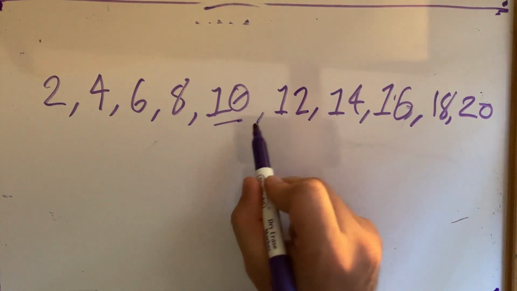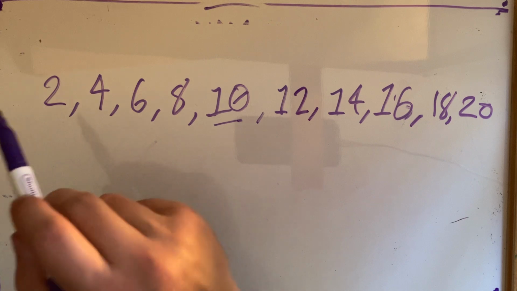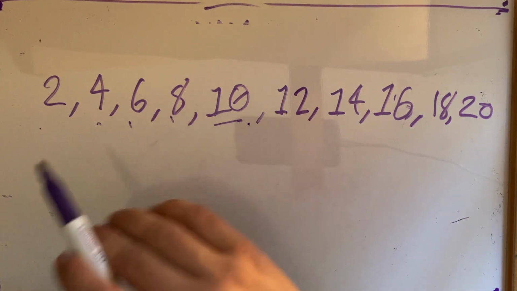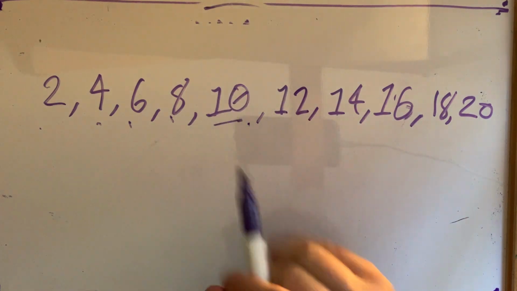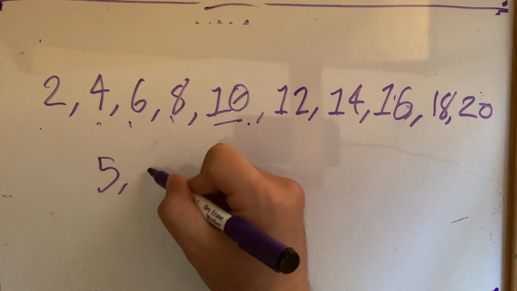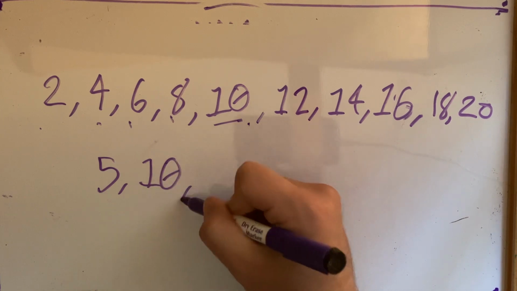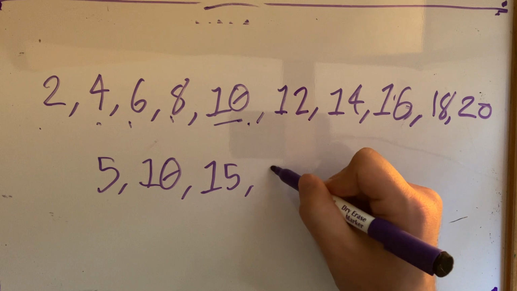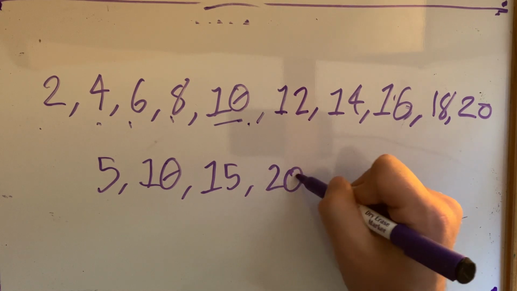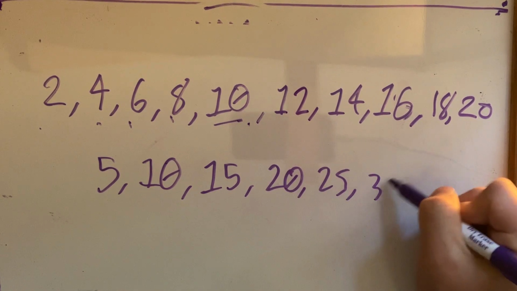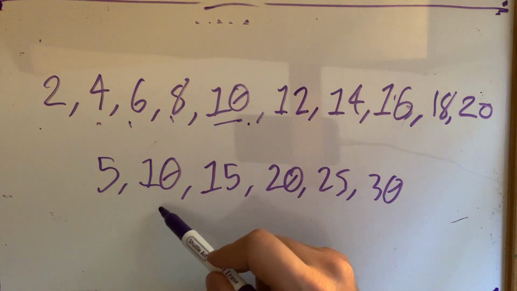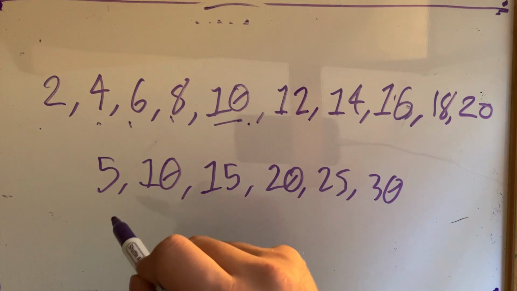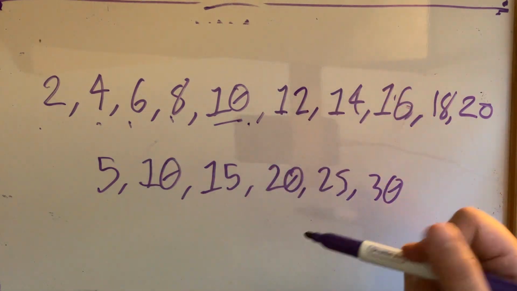It's a constant pattern. Any whole number ending in 0, 2, 4, 6, or 8 will always be evenly divisible by 2. Same thing with 5. 5 goes into 10. So we end up with a constant pattern with 5: 5, 10, 15, 20, 25, 30, and on, because 5 goes into 10. So any whole number ending in 0 or 5 will always be evenly divisible by 5, without exception